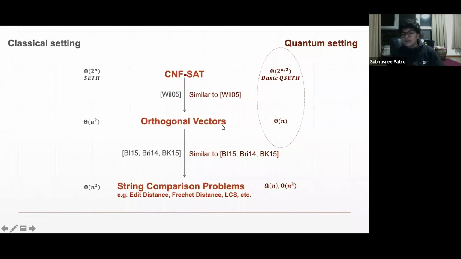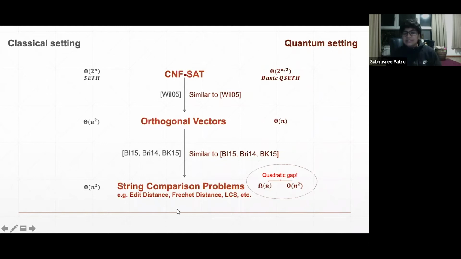to check whether there exist orthogonal vectors or not, which is very simple, right? Because you're now going to Groverize over all these tuples that you can have between A and B. And there are n square pairs. So now you Grover over them. So you have an order n time quantum algorithm. So this is tight. But in the string comparison problem, we do not have anything better than the classical algorithm